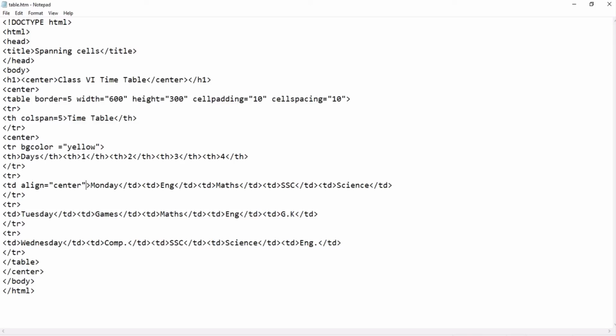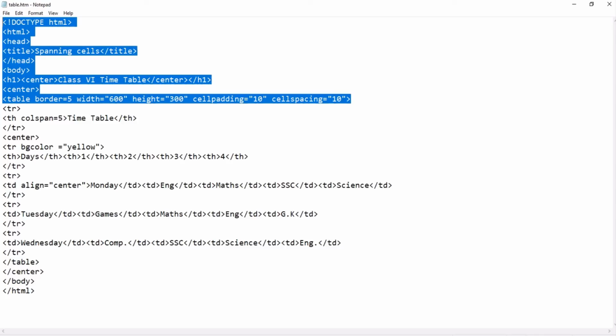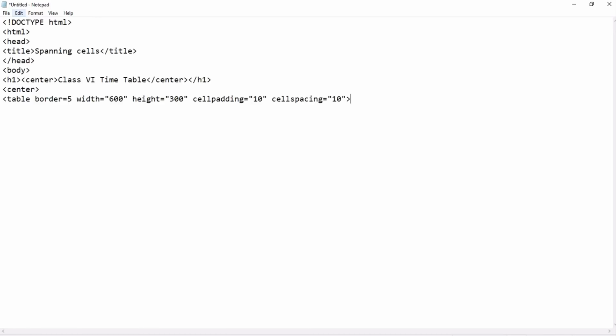Okay, so next is how to create newspaper style columns. How to create newspaper type columns. So let's see that also. That is also an amazing thing. Let me copy from here till here, Control C. I will open a new file, Control V. I am just saving my time so that I don't have to write the whole information here at once.